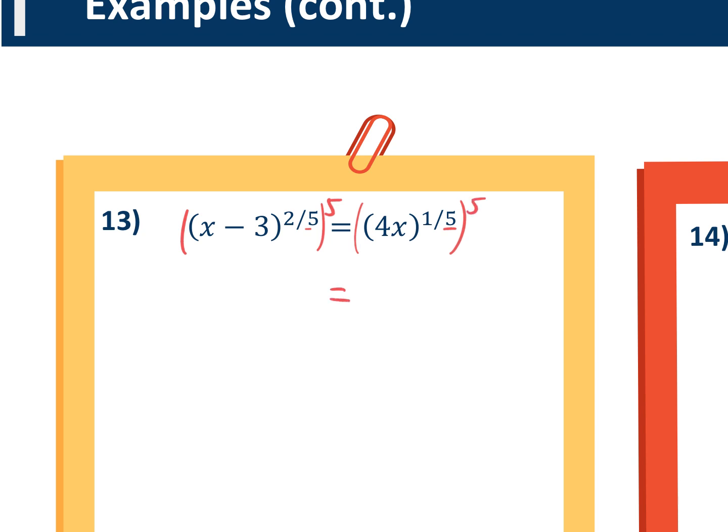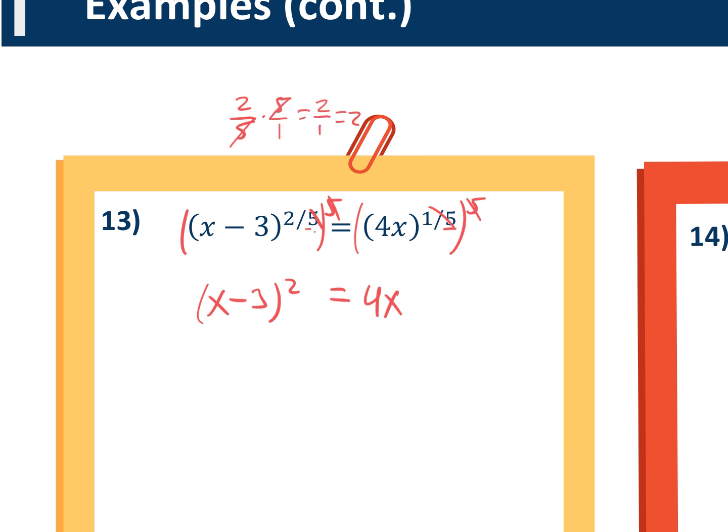All right, and then on the right, 1/5 times 5 is going to get you 1, right? So it's going to cancel out completely. We get 4x. And on the other side, 2/5 times 5, right? The denominator is going to cancel with that 5. So we just get x minus 3 squared, right? And if you're not comfortable with that, you can write it out, right? 2/5 times 5 is the same as times 5 over 1. And then the 5 and the 5 cancel, and you're just left with 2,